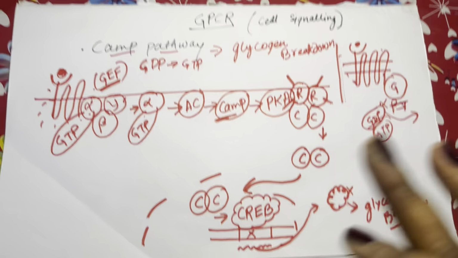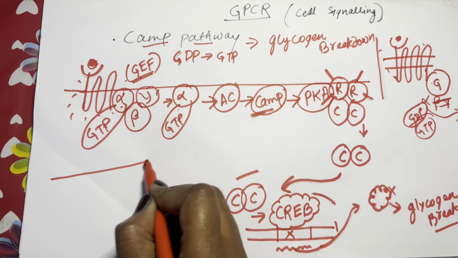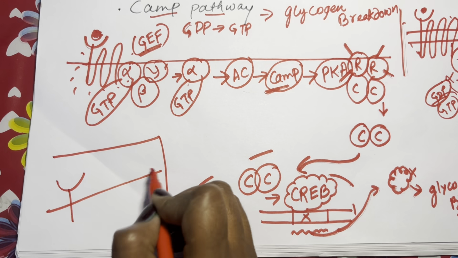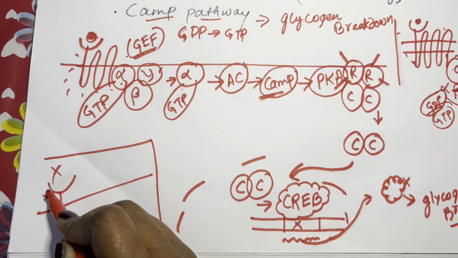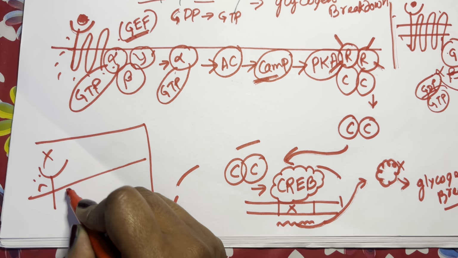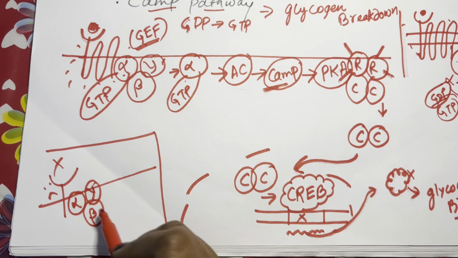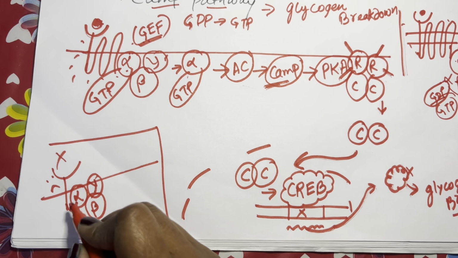And if there is no ligand, then what will happen? If there is no ligand, I am explaining it here. If there is no ligand, then the receptor, GPCR receptor, will be inactive. When it will be inactive, then the alpha, beta and gamma will remain together. The entire G protein will remain together, and